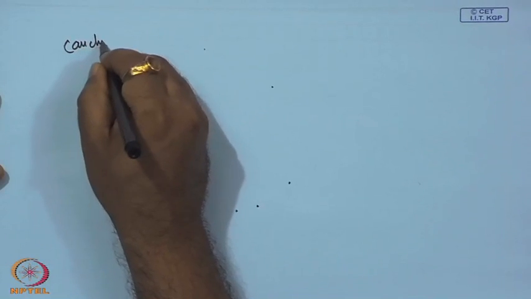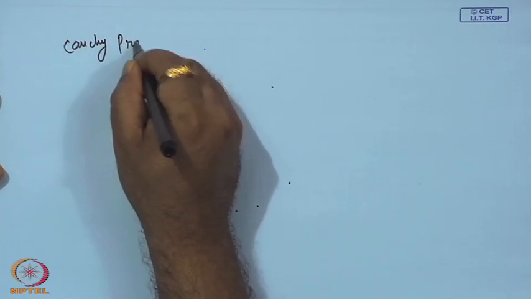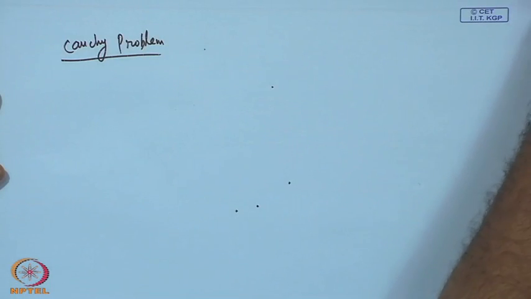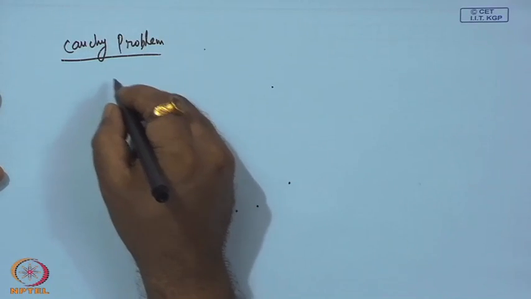So, sometimes what happens, you find the solution, but subject to some initial data. So, this is also interesting as far as first order PDEs are concerned. So, let us briefly discuss. This is called a Cauchy problem. So, Cauchy problem is